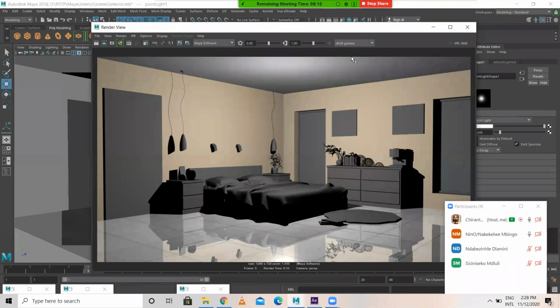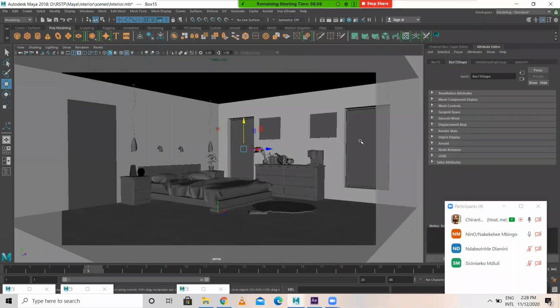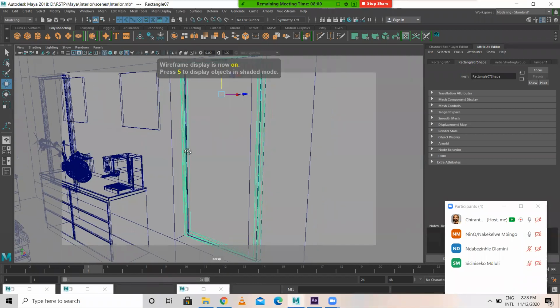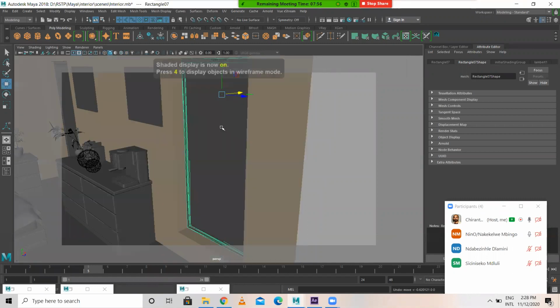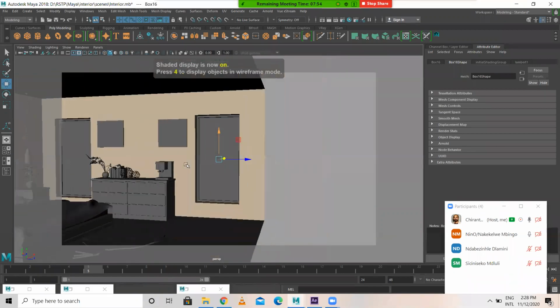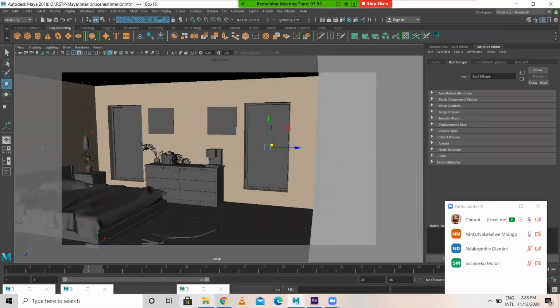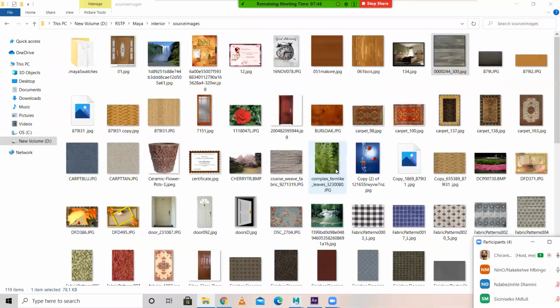Why so silence, guys? Okay, great. Okay, now what I'll do? We have windows. Now let's observe what and all items are here. We have a metal frame and we have one window glass. Let's do one thing. We have to apply window texture. I have window texture here. Hmm, where it is? See here. We have a window texture. Okay.